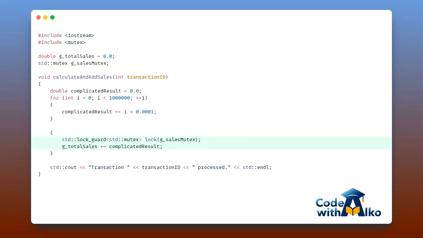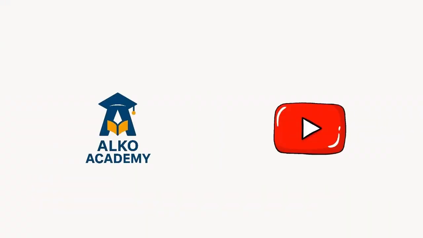The critical section is now just a single line of code. It's tiny. We have minimized the time our thread holds the lock, which means other threads spend less time waiting. This leads to much better performance and allows your program to scale beautifully as you add more threads. Plus, the code is even clearer now. That tight little scope visually signals to anyone reading the code exactly which part is sensitive and needs to be protected.